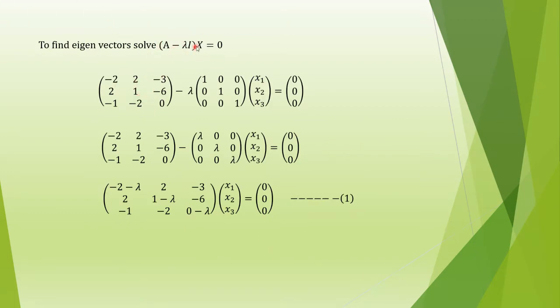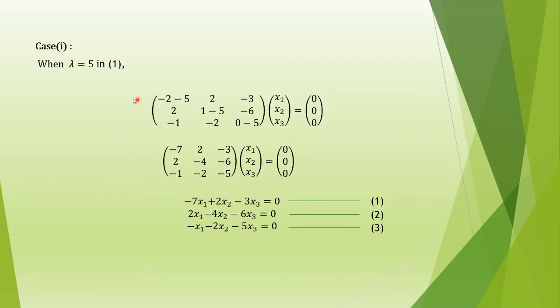Next we solve with this equation: A minus lambda I times X is equal to 0, where A is the given matrix, lambda I is lambda times the unit matrix, and capital X is the eigenvector x1, x2, x3. Multiply lambda inside the unit matrix and subtract the two matrices, and you get this one. This is equation 1. By this equation we are going to find the eigenvectors. Here we have only one different value, 5. The other two values are the same, minus 3. So first we give preference to the different value.